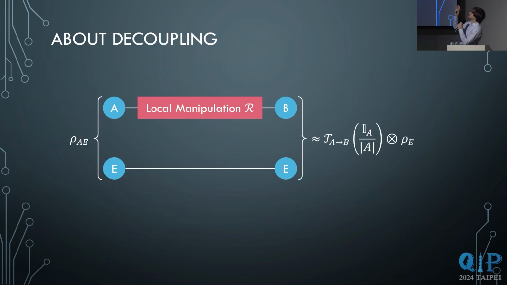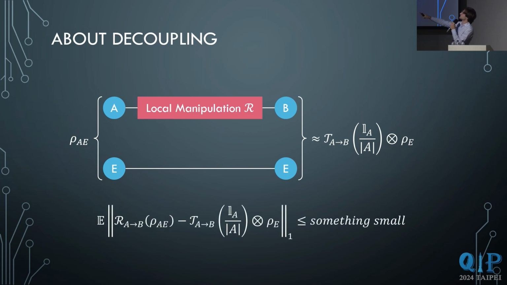So without further delay, let's start talking about decoupling, which is a task where you have some correlation in the input state ρ between the systems A and E, and you want to do some local manipulations on the system A such that the output looks uncorrelated from E and kind of uniform. So that's the main objective of decoupling. And mathematically, we could write this like this, as you can see on the screen. So the expected difference between this manipulation of the input state and this uniform and uncorrelated state has to be small. That's the main thing we want to achieve.